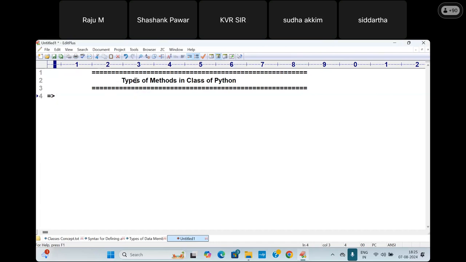Now coming to the types of methods in a class of Python. What is the use of methods? To perform the operation. In a class of Python also the same operations will be done. In a class of Python, we can define three types of methods. Three types of methods. They are